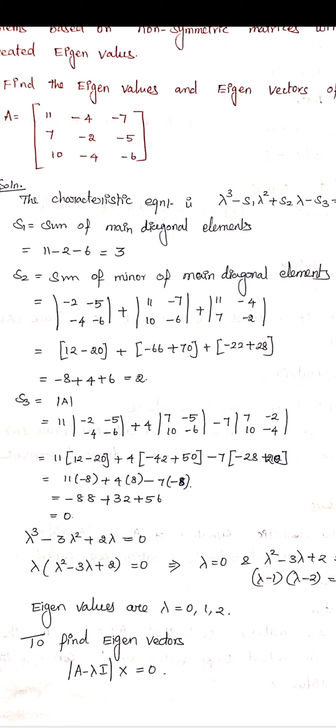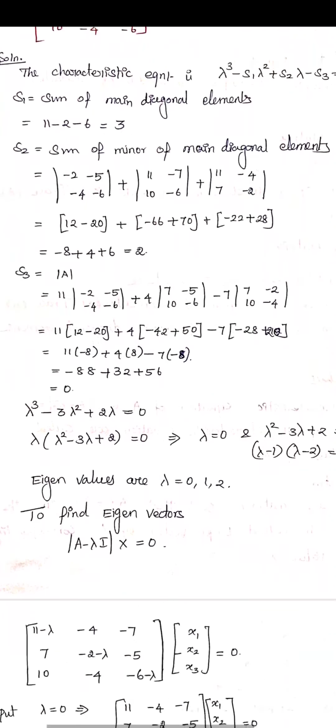Plus the next diagonal element, which is minus 2. The minor of minus 2 is the determinant of 11, minus 7, 10, minus 6. The next diagonal element is minus 6. The minor of minus 6 is the determinant of 11, minus 4, 7, minus 2. Cross multiplying: minus 2 into minus 6, minus into minus plus, is 12. Next, minus 5 into minus 4 is 20, plus 11 into minus 6 is minus 66, 10 into minus 7 is minus 70, that is plus 70, so minus 22 plus 28 gives a value of